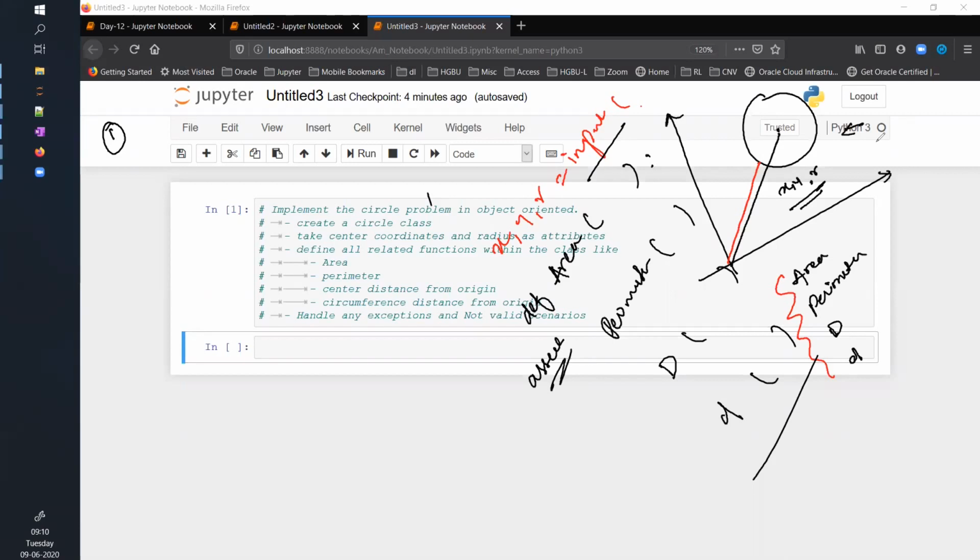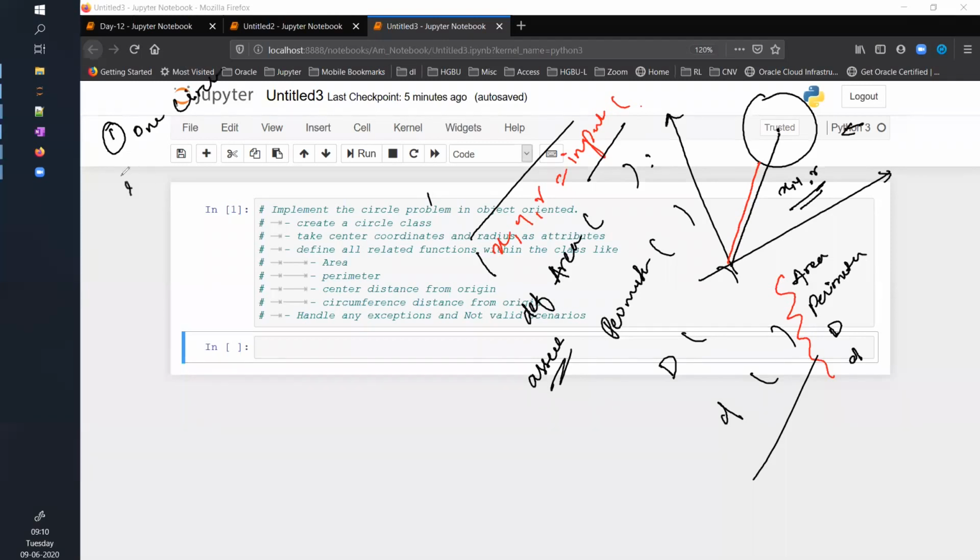Every time you want to work on another circle, you will need to take some other user input. If you are not taking in a list or something, so don't give me those answers like we will take a list or something. Don't do that. Simple, like I am taking user input. So that means in a two-dimensional space, I am saying that I can have only one circle at a time. I cannot have more than one. Am I right or am I wrong? Right, sir. Right. So that was one issue, one circle.